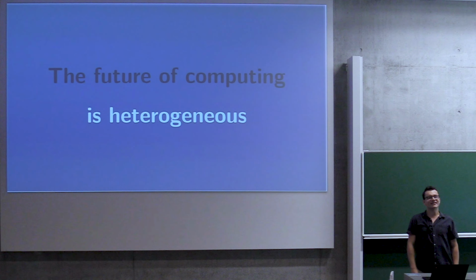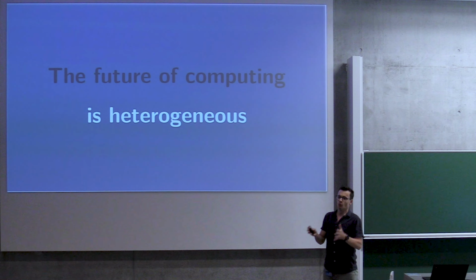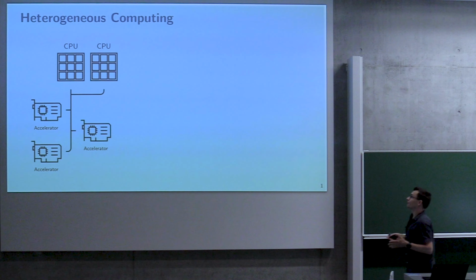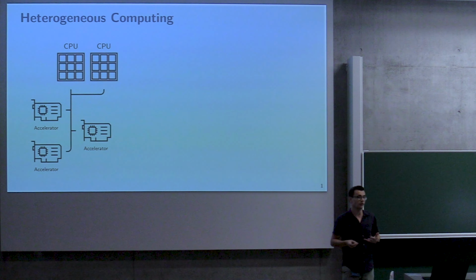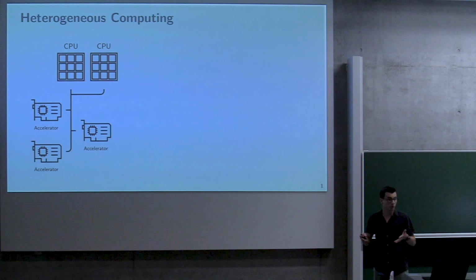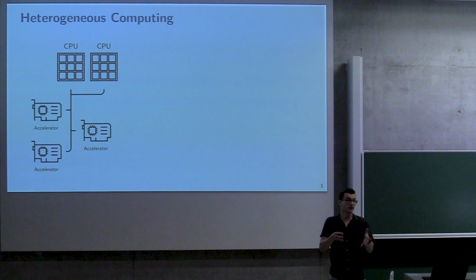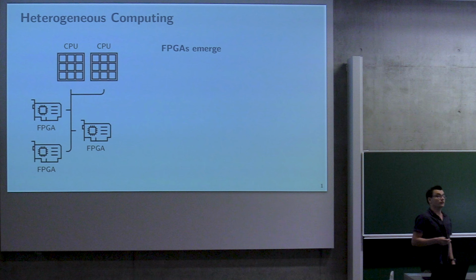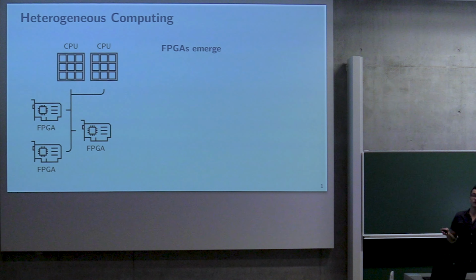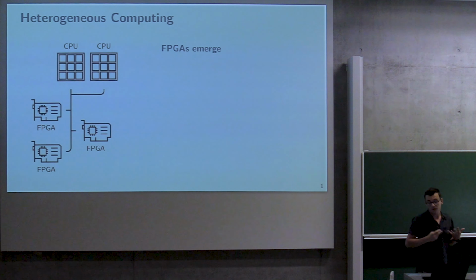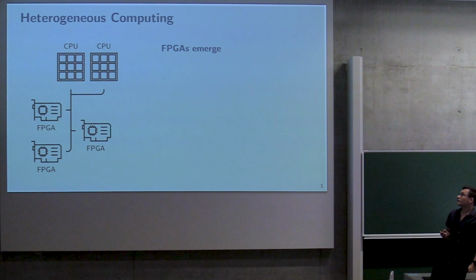The future of computing is heterogeneous because we see more and more that compute-heavy applications are moving from general purpose processors or CPUs to domain-specific accelerators, which are hardware accelerators that are optimized very specifically for certain tasks. And in this context, FPGAs are interesting because they are reconfigurable and they do not have the same upfront costs that ASICs do, but also not the same lead times. They're more flexible. And so there's demand for FPGAs, and where there's demand, there's supply.